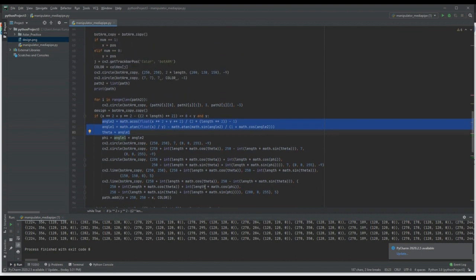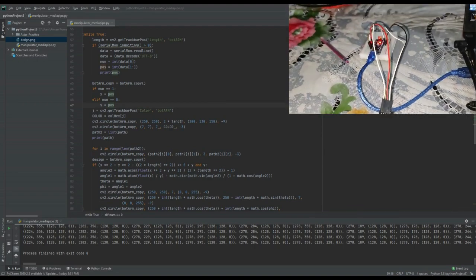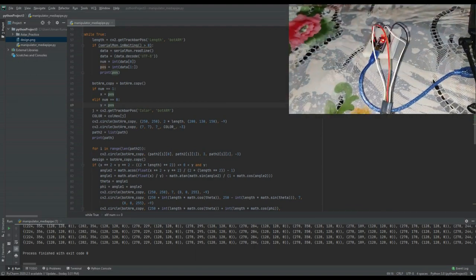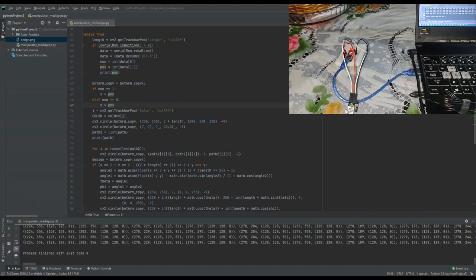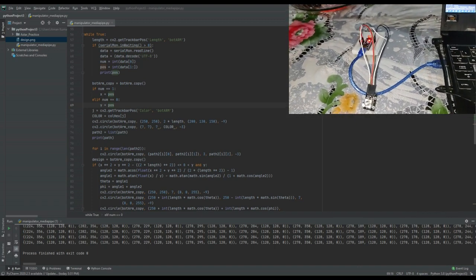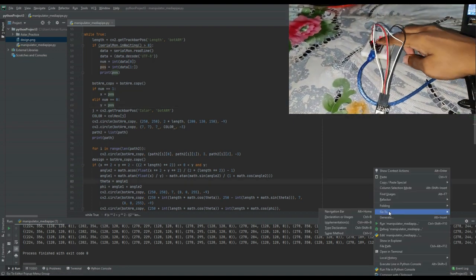so that it can cover the whole circle. For demonstration purposes, I have used an Arduino Nano with an encoder, which is a replacement for the potentiometer, as I didn't have any potentiometer at that point of time. So it can work in a similar manner. Now let me just run the program.